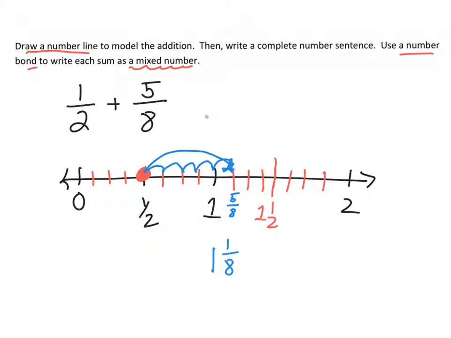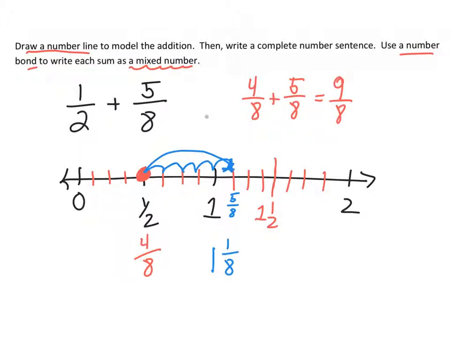Now, boys and girls, we could also look at this right here, this 1/2, and we can go 1/8, 2/8, 3/8, 4/8, because 4/8 is really equivalent to a half. So we could actually say it like this. We could now put this into 4/8 plus the 5/8 brought us to 9/8, which it really did,